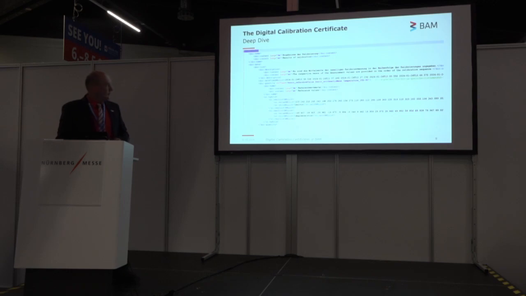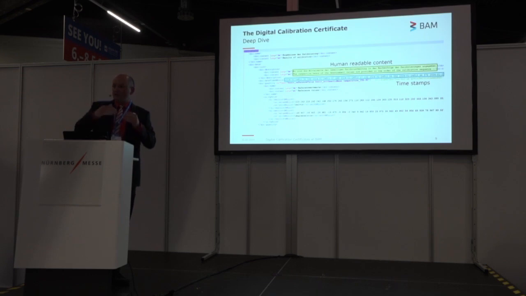Let's take a closer look into the XML content to make this a bit more clear. So this is an excerpt of this XML of the DCC. It contains the data of the far left column that I showed in the table. So these are the reference values. We have some human-readable content, so that's important, I guess. If you have a DCC for the first time, you can get an idea where to find what. It also contains timestamps of the measurement. This is, for example, important so that a machine can also understand what is the order of measurement values that are